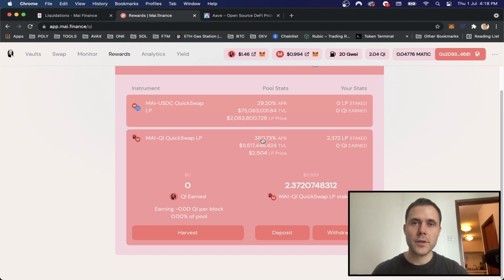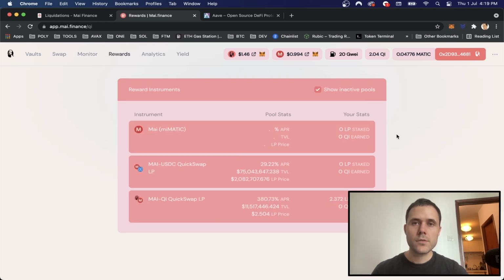So first of all, half a day we will need to just pay back our 0.5% fee that we paid. So the really exciting thing about the platform in the future, if we click this show inactive pools, Mai is going to have its own single staking pool, and I think the rewards are going to be quite juicy. So I think that is going to absolutely turbocharge the platform. I'm very excited about this new feature in the future. So this is going to make a massive use case for holding the Mai token.